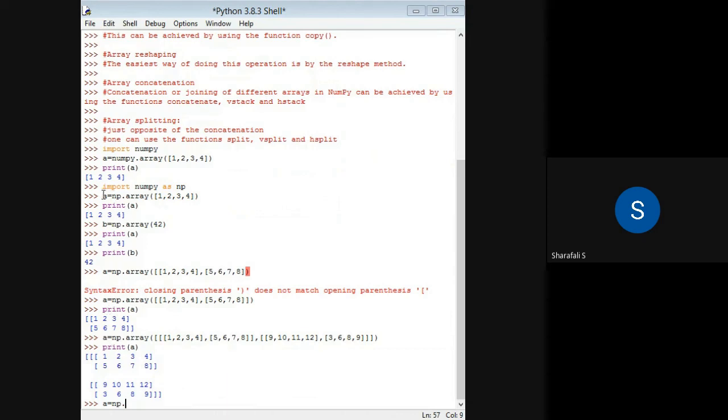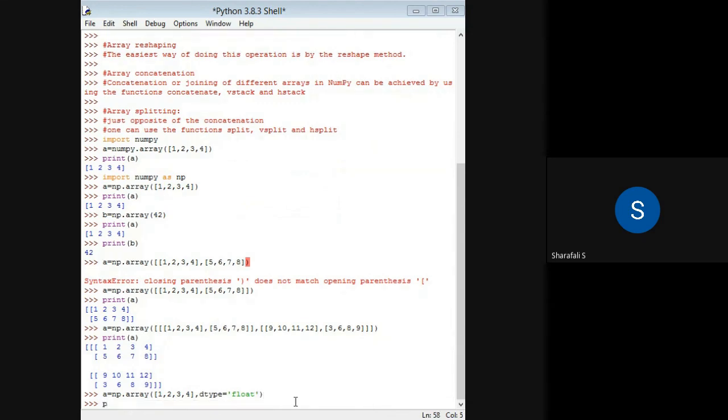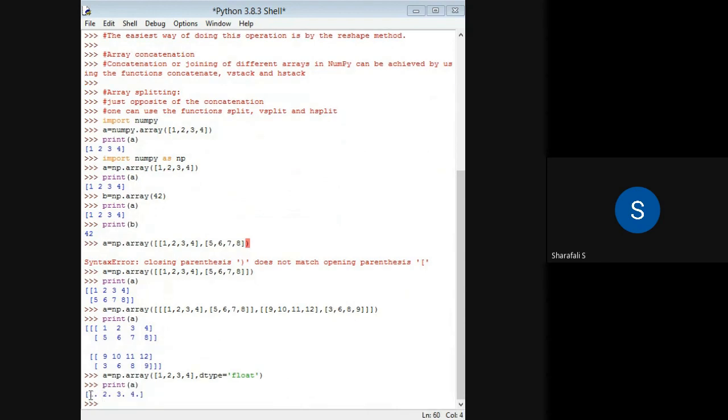So if I consider this one-dimensional array, and I want to have those elements in a particular data type, then I can write it as dtype equal to, and I can give any data type, for example, float. This is my data type, and if I press enter and take print of that a, I'll be getting all my elements as floats. These are float values. So in that way you can specify the data type also.